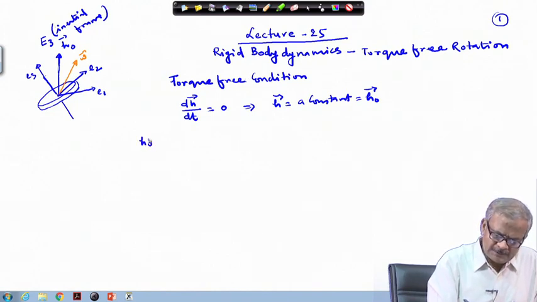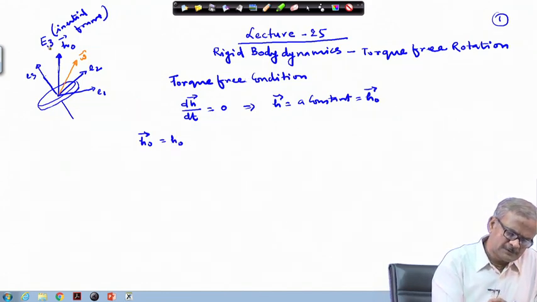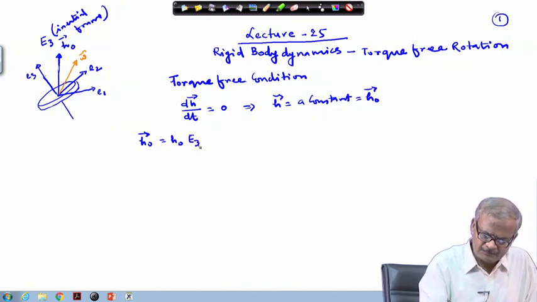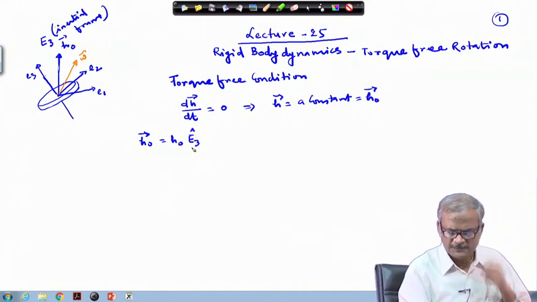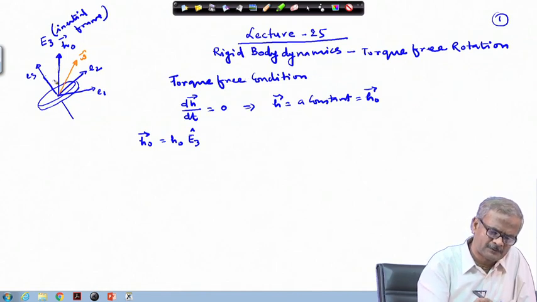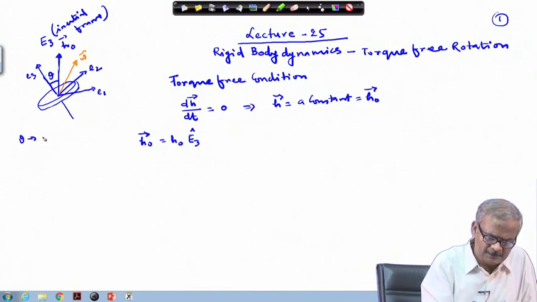So, this H 0 can be written as H 0 magnitude times the unit vector along this direction, which we have shown here as E 3. We need to work out what that value will be. Let us say this angle is theta, which is the nutation angle,